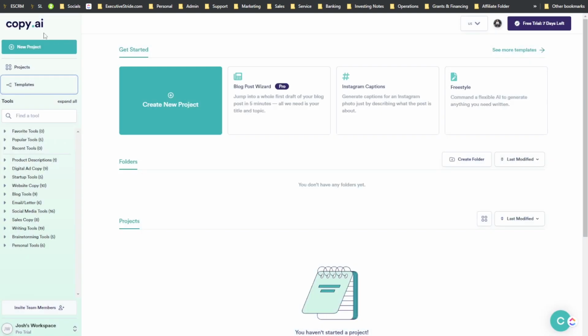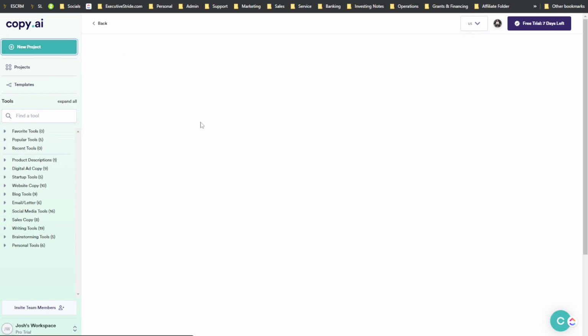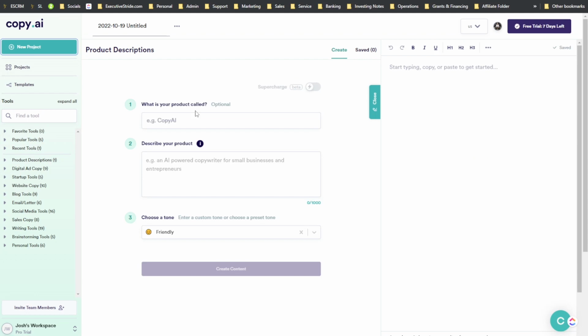So on the left-hand side, you can see you can create a new project. As you can see up here, you can change languages, etc. But over here, projects, so you can click here to see your projects. You can create a new project. So let's create one. Okay,